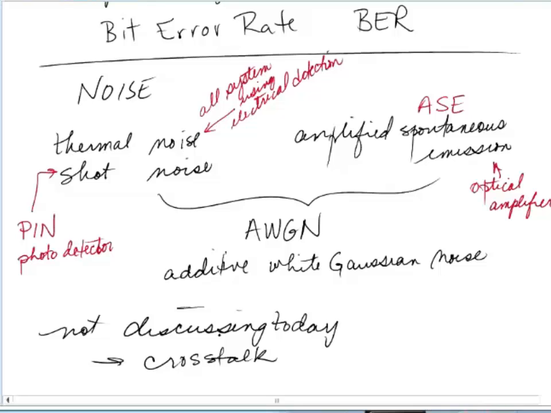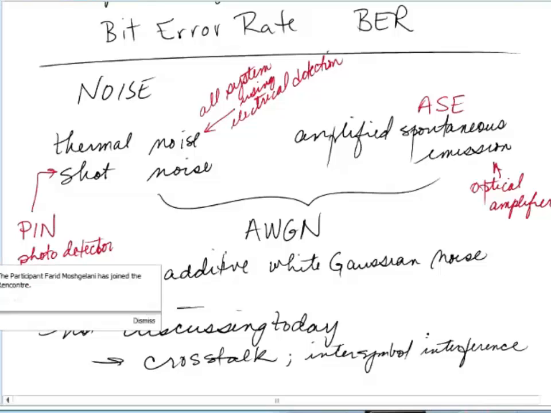There's also intersymbol interference, which we can think of as a noise source, or we can think of it as a distortion, but I'd like to think of it as a noise source. So these two issues are related to filtering. And so although we're not going to be predicting BER based on the level of crosstalk, although there's certainly results for that, what we're going to be focusing on is filtering, and that filtering is used to avoid these.